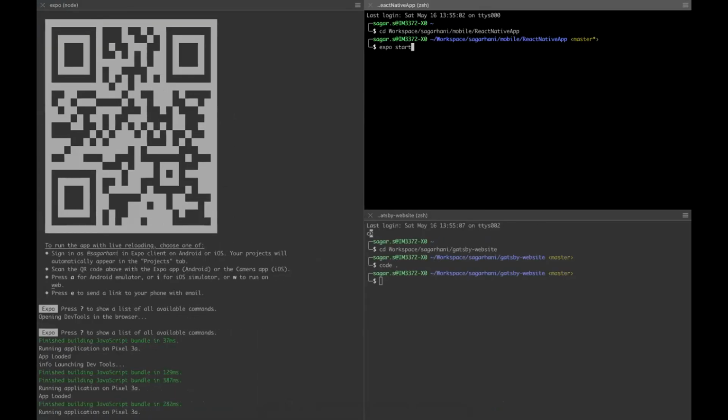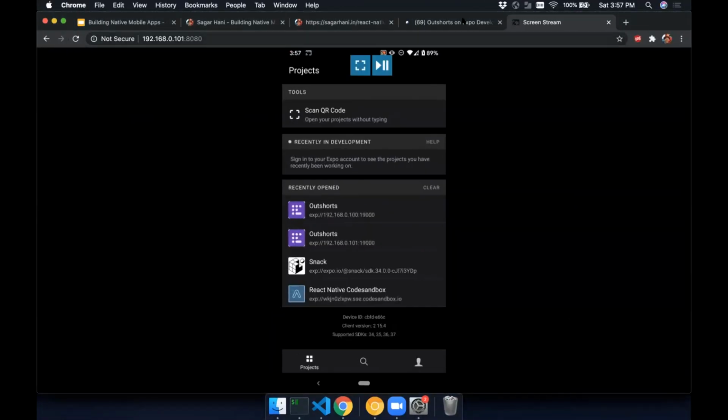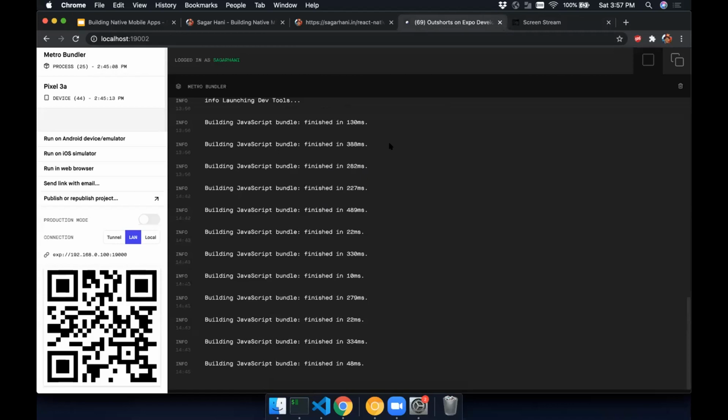You need to say expo start. When you execute this expo start command, it's going to start the Expo server, and you get a QR code, something similar to this. And this window will be open by default. What React Native does is make use of the Metro bundler, a proprietary bundler from Facebook. That's the one which is going to take our code, bundle it, and give us the JavaScript output.